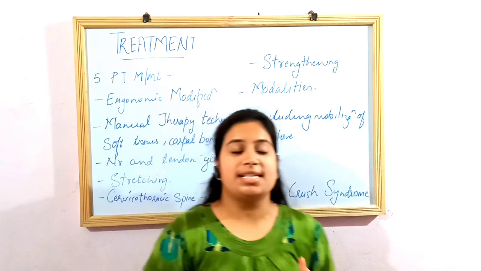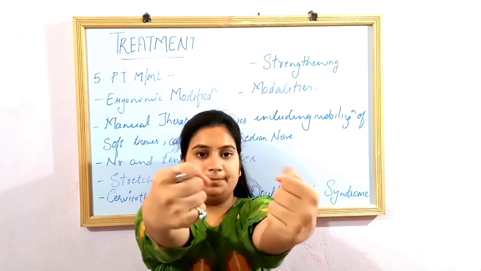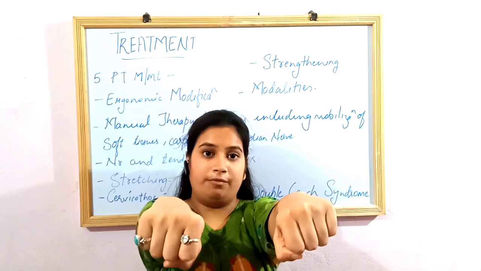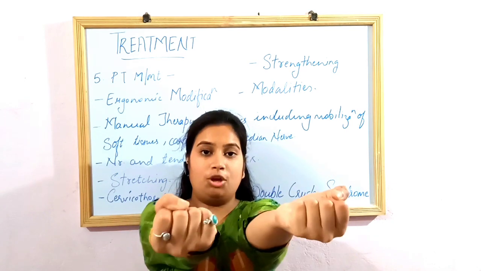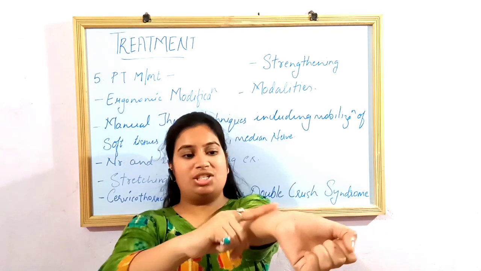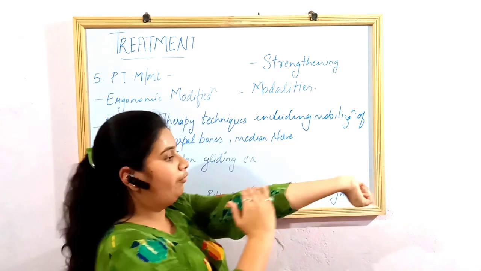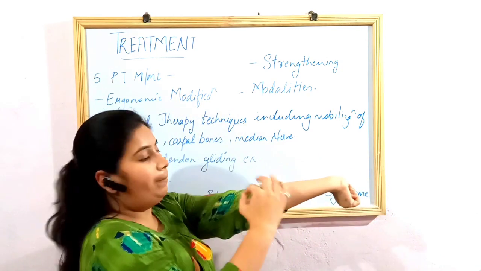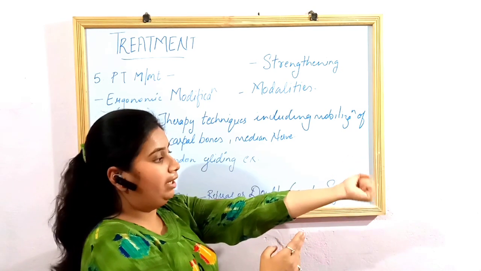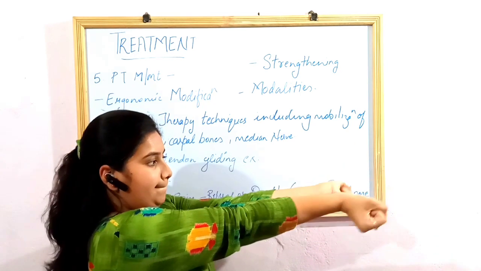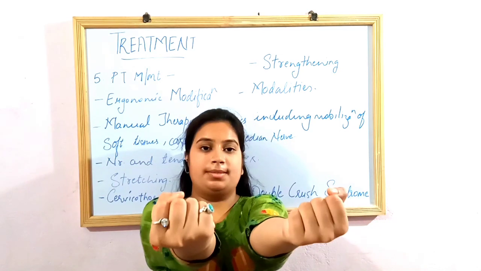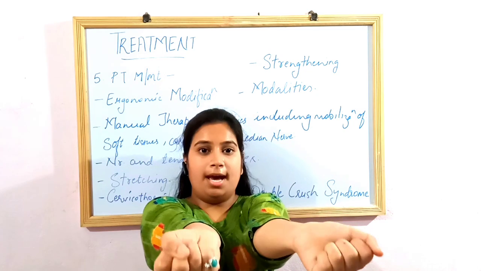Okay, so now next is the palmar flexor stretch. Make your fist like this. This is the forearm stretch, sorry. This is the forearm stretch. Make your fist like this and take your wrist downwards. This will create a tension or a stretch over the anterior part of the forearm, thus providing a proper stretch. These are all the nerve and tendon gliding exercises. Hold them for 5 seconds and release. Hold them for 5 seconds and release.